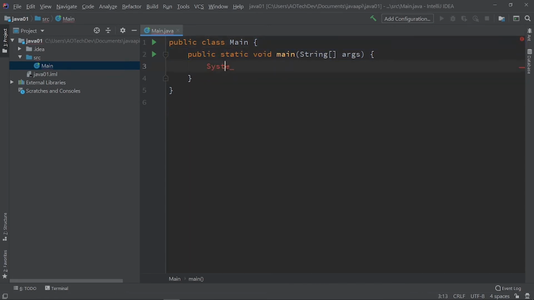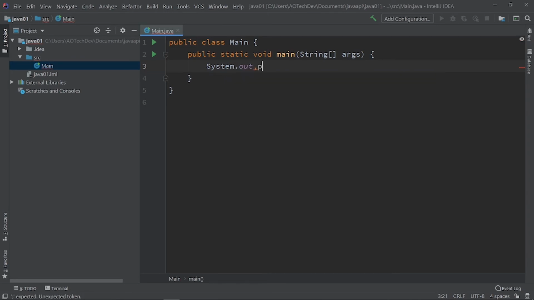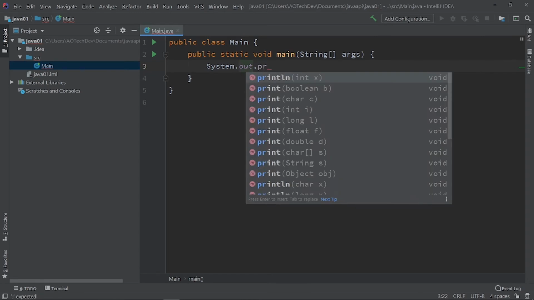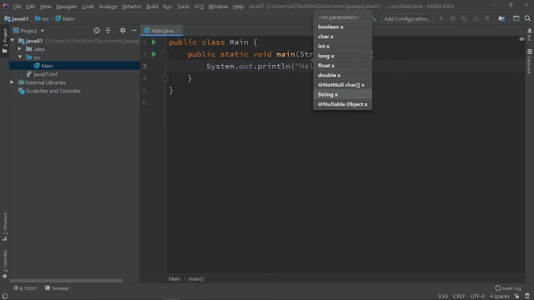It's something that needs to be in Java code to be able to output. So let's continue writing System.out.println. You can see println is already the output itself. So when we just write here hello world,